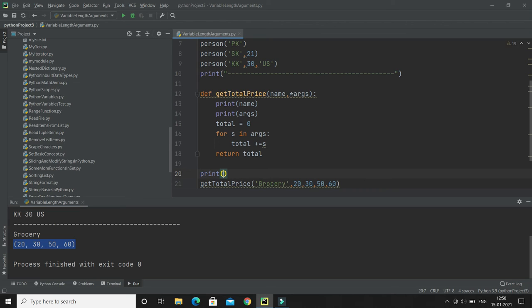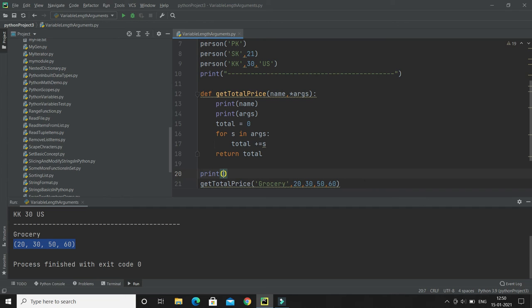Now the question is, can we pass variable length arguments as well as keyword variable length arguments in the same method? Yes, we can. So let me write a function, let's say hello, and here I'm going to pass *args, that is the variable length argument, and **kwargs. You can see we don't get any error. I'm just printing args as it is, and kwargs.